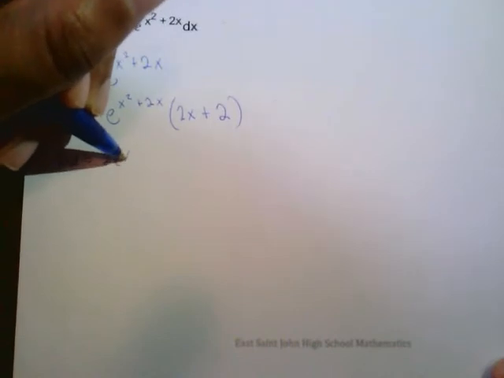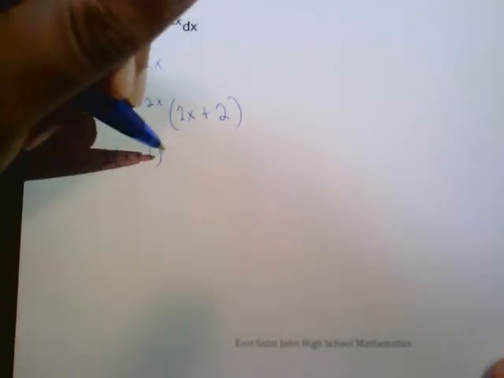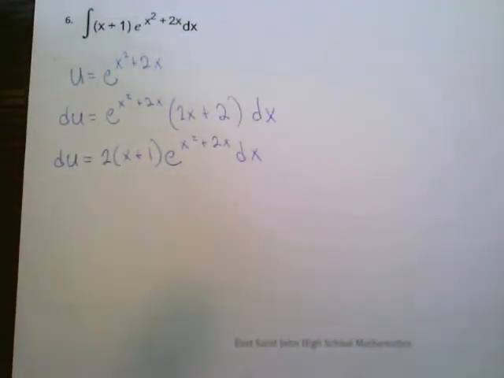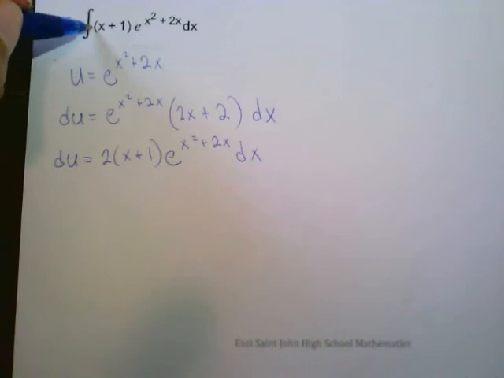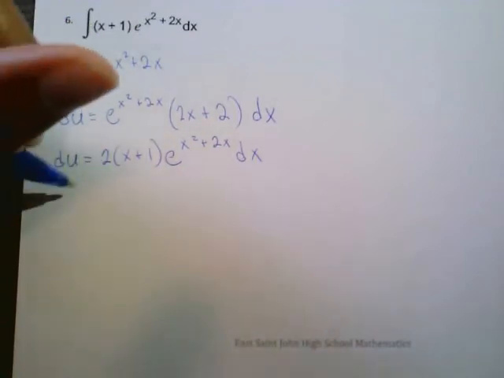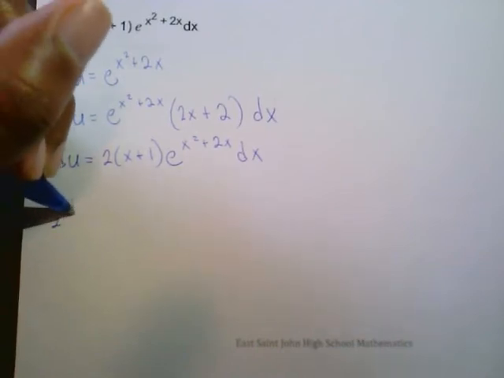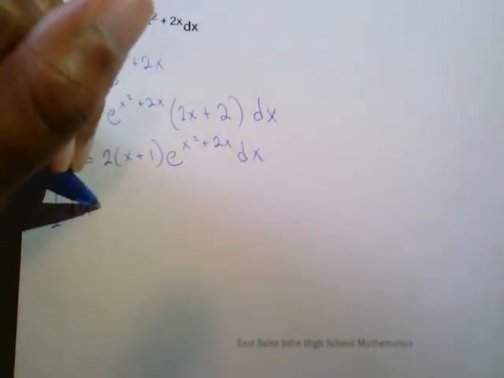So let's see, du equals 2 times x plus 1 times e to the x squared plus 2x. And again, missing the dx here. So dx comes at the end of these. So now we don't have a 2 that's in this expression, so we don't need the 2 on the right side to substitute in. So we'll put 1/2 du, because we're dividing both sides by 2 here,